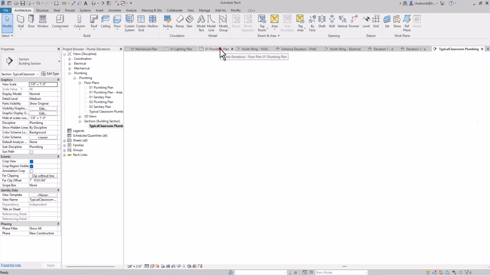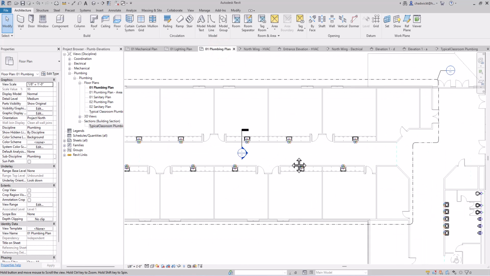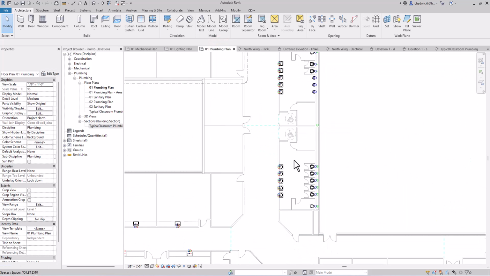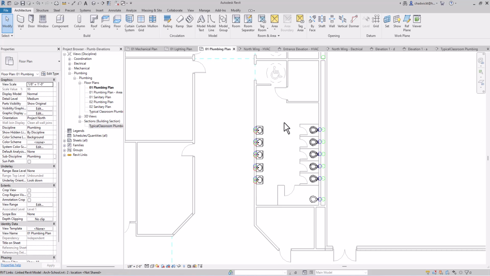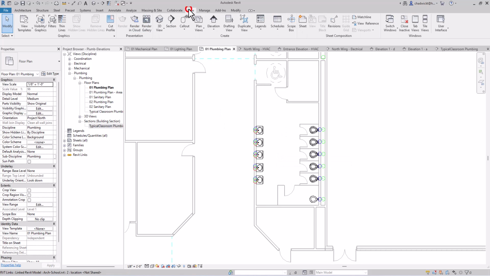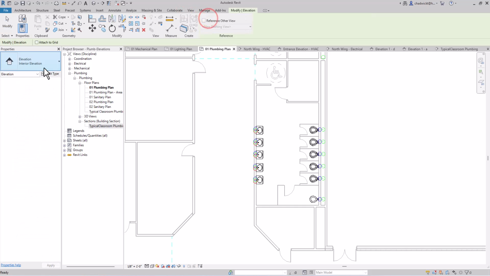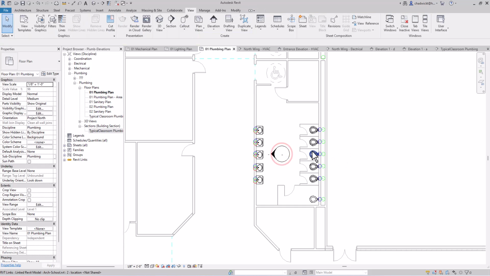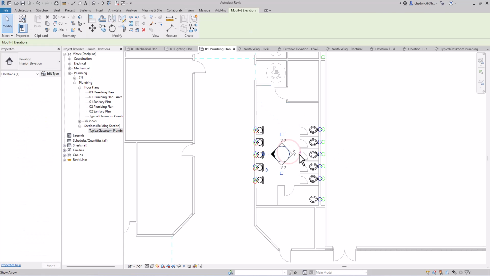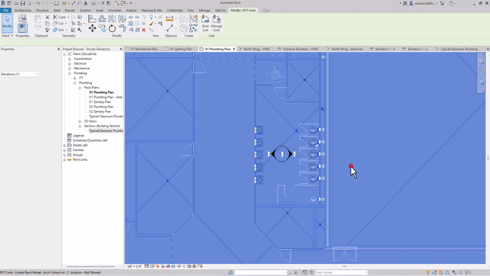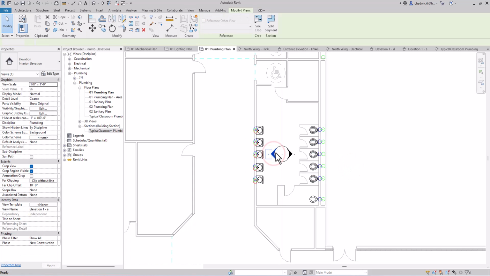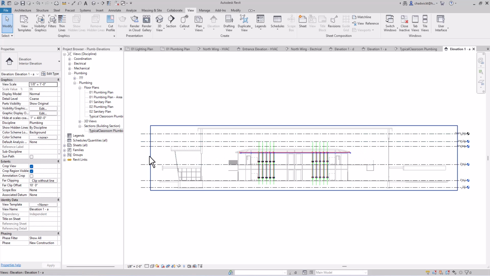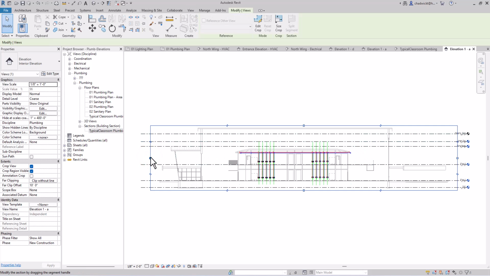I'm going to make another couple of views here, this time using the elevation view. I'm going to create some views looking at the restrooms here. So I'm going to start by creating an interior elevation, and I'll just have it point towards the sinks. Then I'll escape out of that, select the circle, and add the right side view to it as well. I'll go ahead and jump into one of these views here, and I can adjust the cropping.